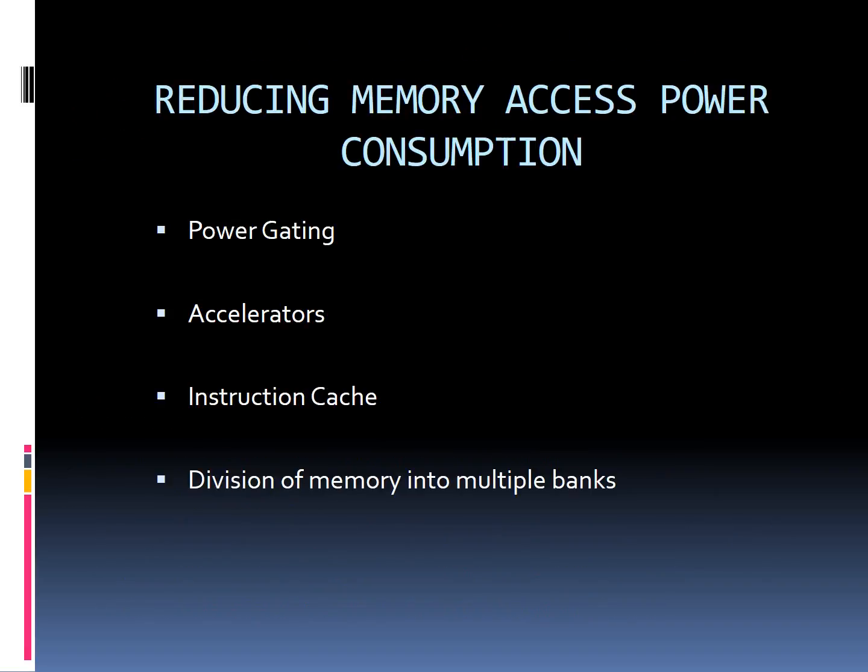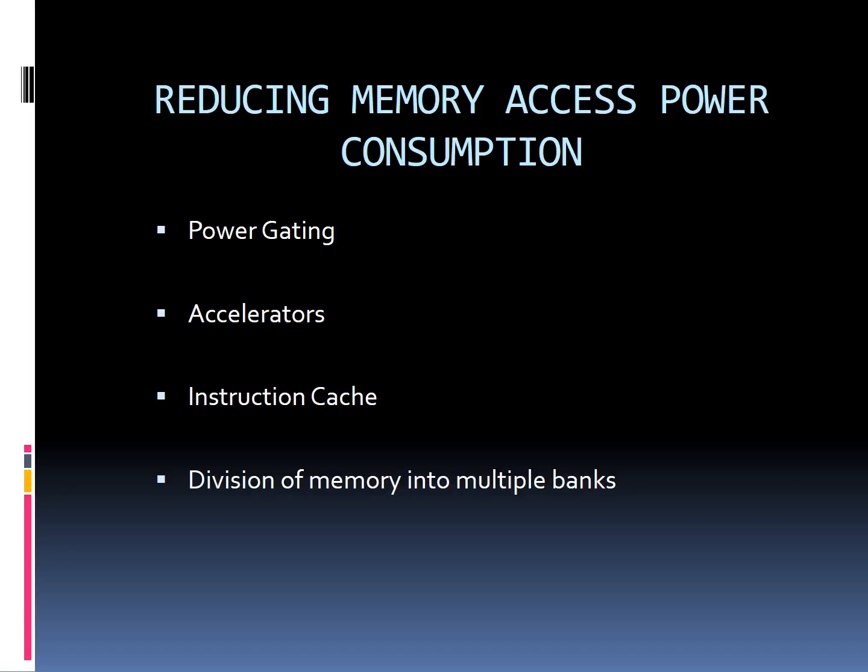Memory is the dominant source of both leakage and dynamic power consumption in low power embedded microprocessors. Here we will discuss 4 different mechanisms for reducing memory power. The first one is power gating. For applications with prolonged idle states in between bursty sets of incoming signals, the idle mode power consumption becomes significant. This can be greatly reduced by power gating, in which the current supply can be blocked for certain modules that